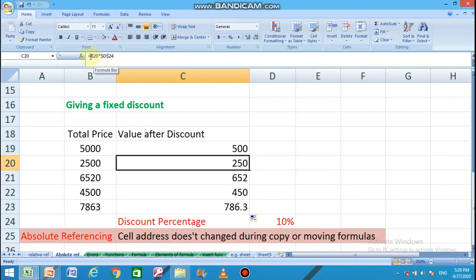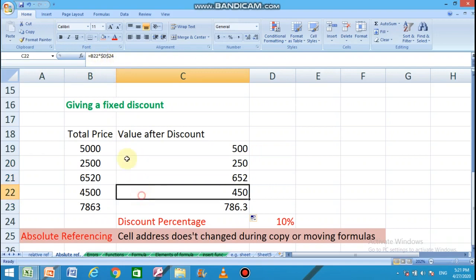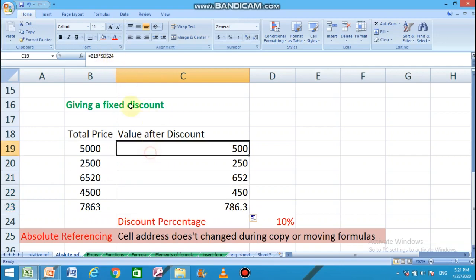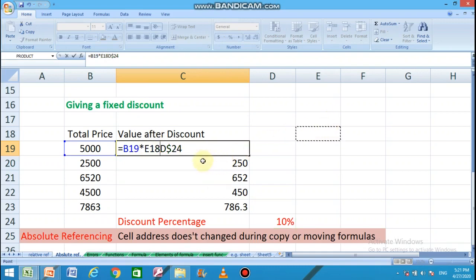Here B19 reflects relative referencing, because whenever we copy the formula to another cell it changes to B21, B22, but everywhere D24 remains the same. How? Simply by putting a dollar symbol before the column name and row number. This is how you can perform absolute referencing in your Excel operations.